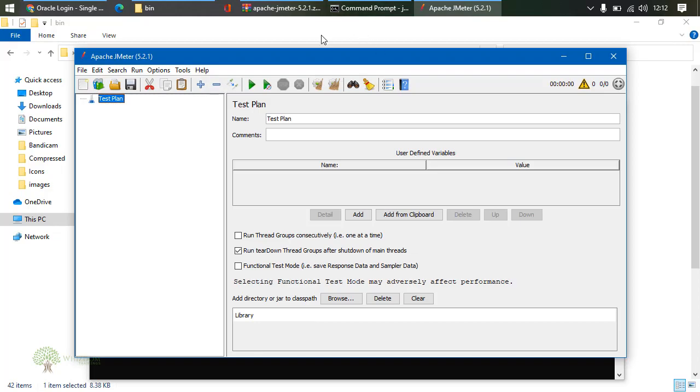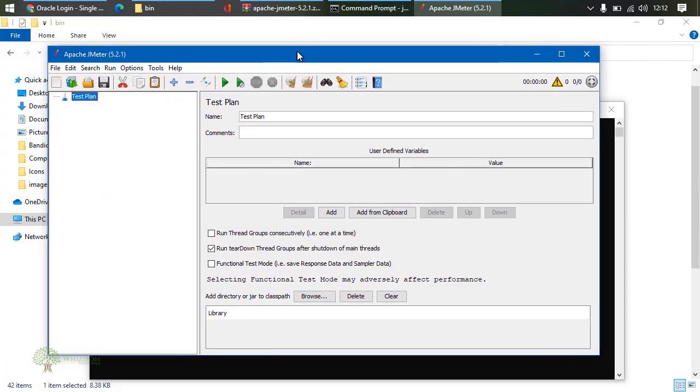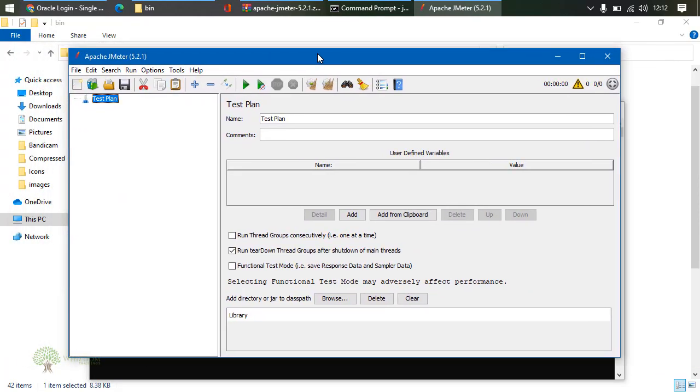Now if you see this kind of window, forget about the look. You may be seeing a gray version, you may be seeing a white version, that is a different thing. But if you are able to see this particular window, this means that JMeter has been successfully installed. Next, what are the things inside this? We divide it into two main sections.